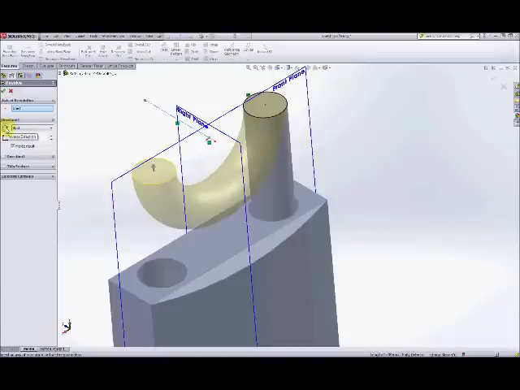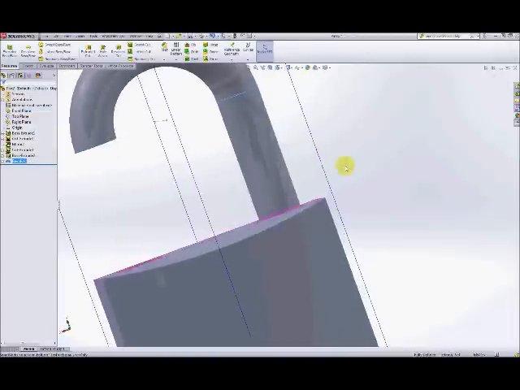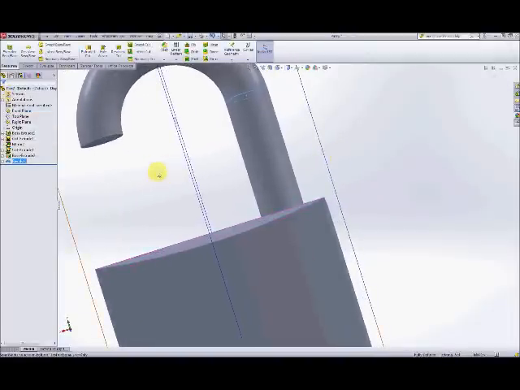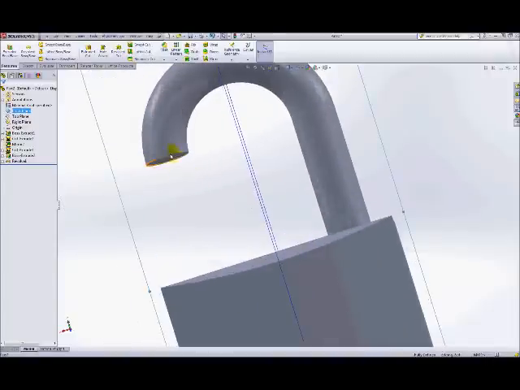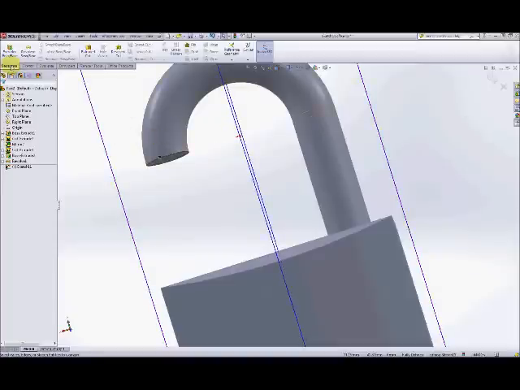So we can reverse the direction by clicking on that button, and then we have what we want. So that's the top of our clasp, and the last thing we're going to do is something very, very similar. Create another sketch on this plane here, and we're going to convert entities again. So a very simple process of just using the existing faces to convert entities, and then we go to extruded